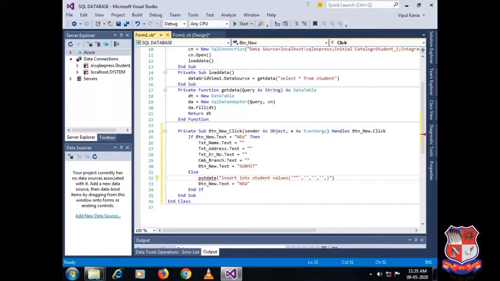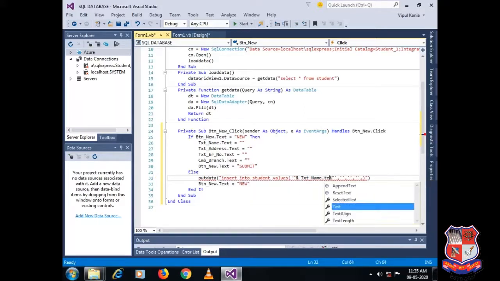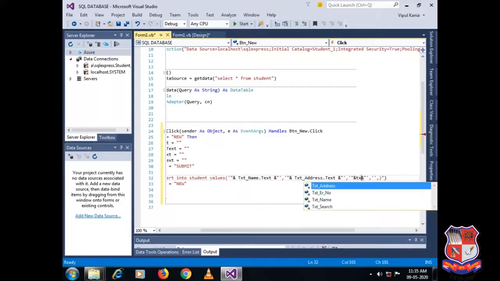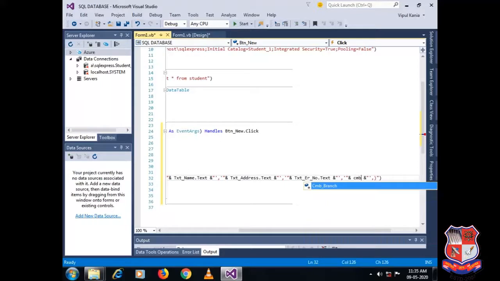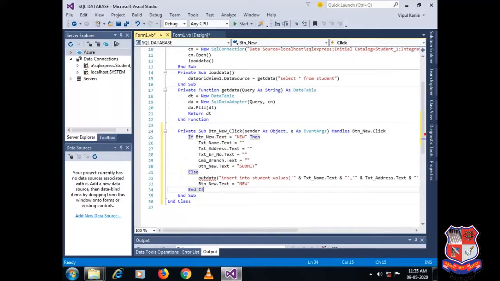So double quotes, double ampersand, txtName.Text, again double quotes, double ampersand, txtAddress.Text, double quotes, double ampersand, txtEnrollmentNumber.Text, and last, cmbBranch.Text. Now we will define the PutData method.